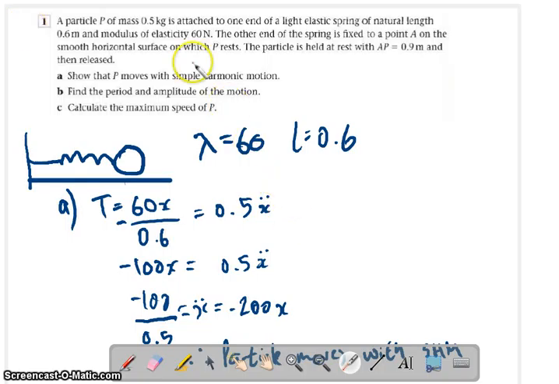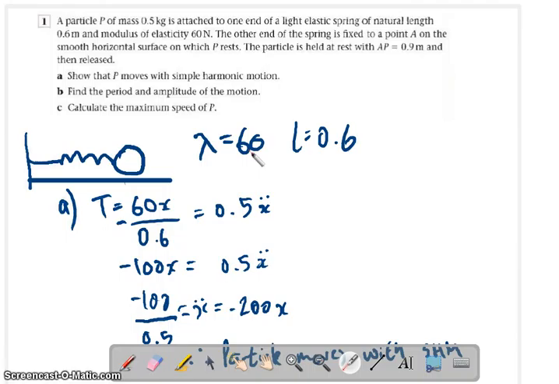A particle P of mass a half kilogram is attached to one end of a light elastic spring of natural length 0.6 meters, modulus of elasticity 60 newtons. So if you take that information and write it down right at the beginning, you're going to be needing it for sure. The other end of the spring is attached to a fixed point A on a smooth horizontal surface